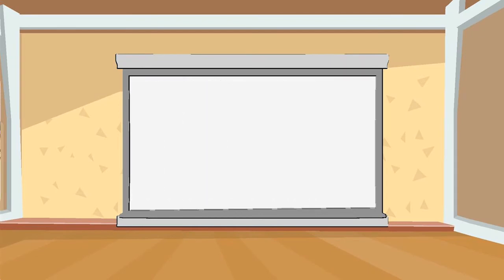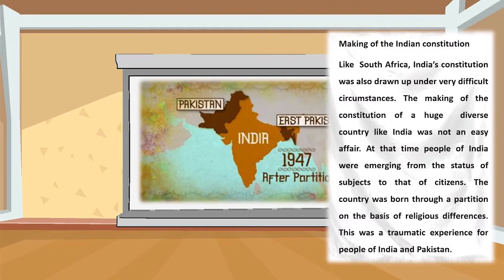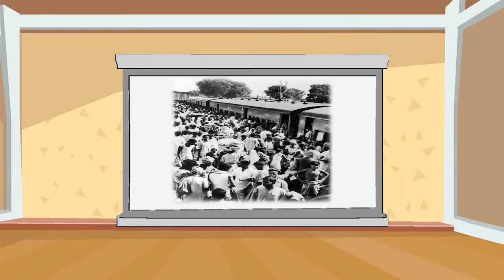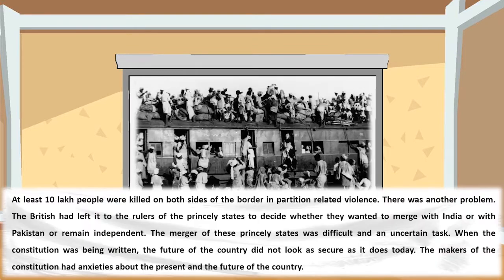India is a country with a very diverse population. The formation of a constitution, considering all the diversity, was a challenging task. India was established after the partition of India and Pakistan. We must have come across many stories and movies which depicted the plight of people during the separation. The revolt against the India-Pakistan partition and the agitation amongst the people led to the death of nearly 10 lakh people on both the sides.